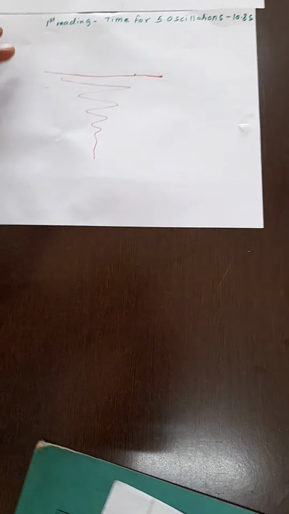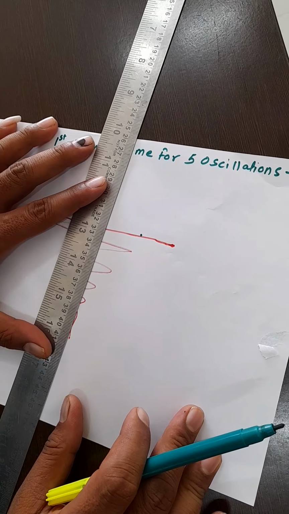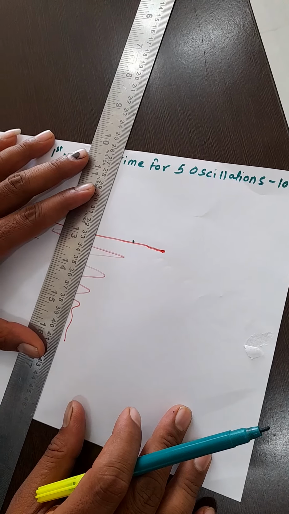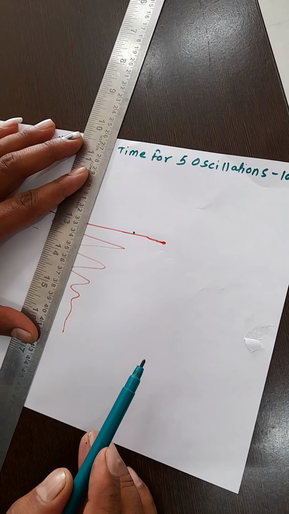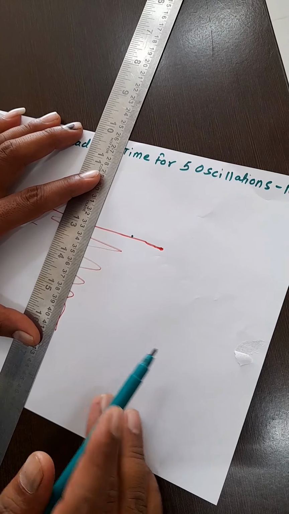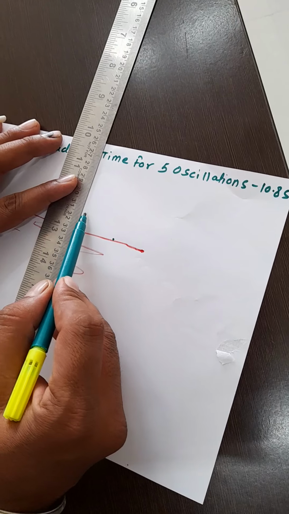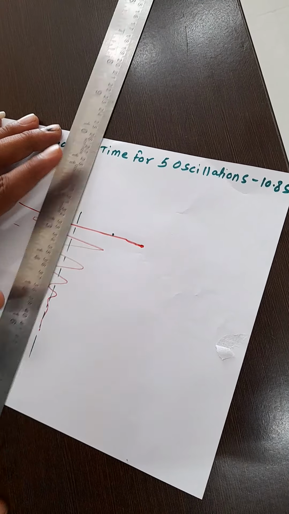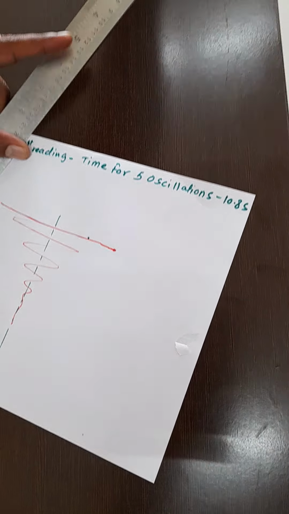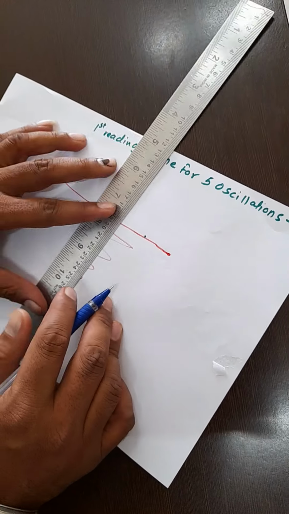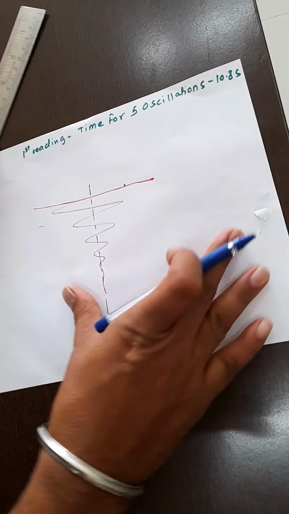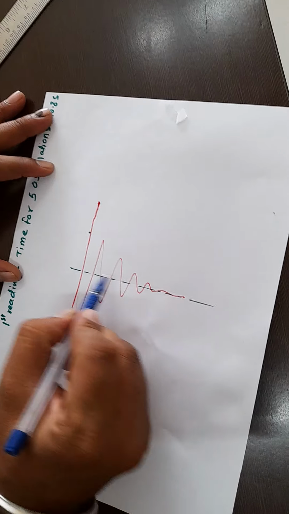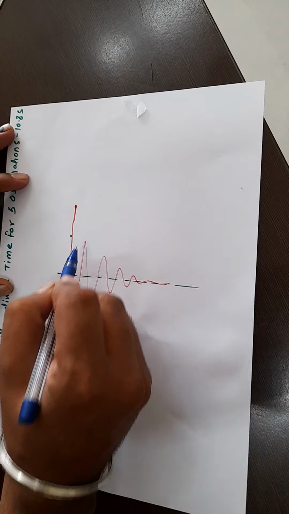So now what I will do, I will draw a center line in this graph. So see, this is the center line. Let me check once again. Yes, this is the center line. If I plot the center line, yes, I have plotted a center line. Now what I will do, I will measure this x1 and x2. So x1 is the amplitude of first. So you have to take the amplitude at either side of this center line. So I will take at this side of the center line.